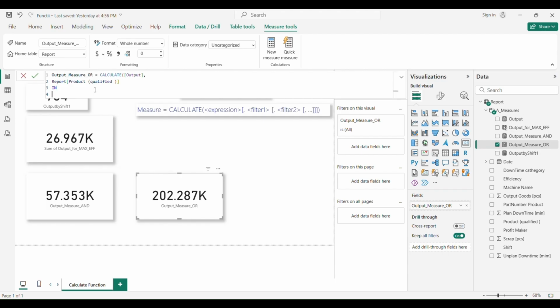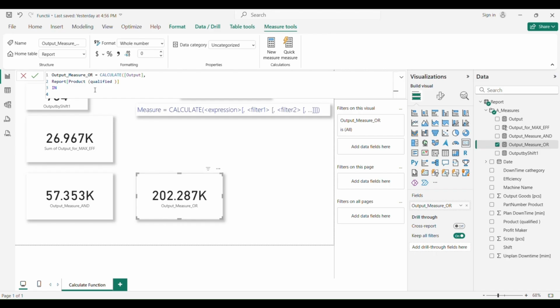And in this case we need to specify the values that we want to filter from the report product qualified column.